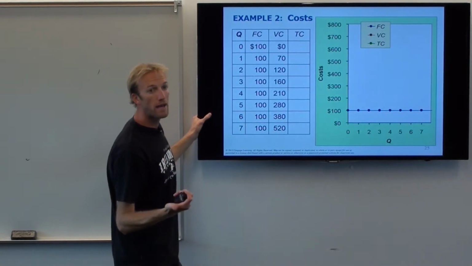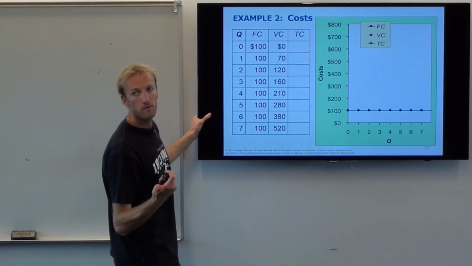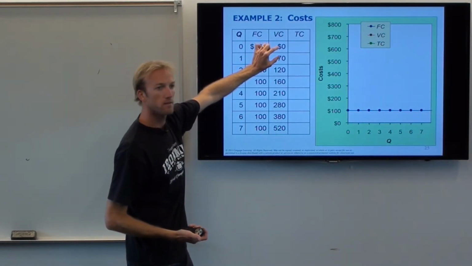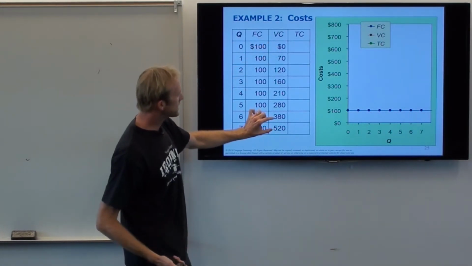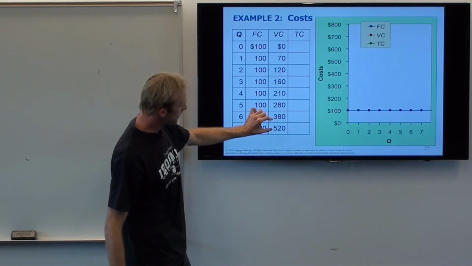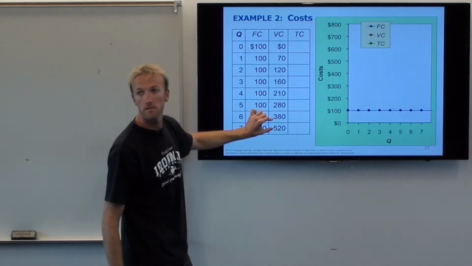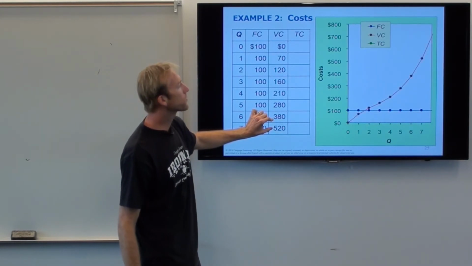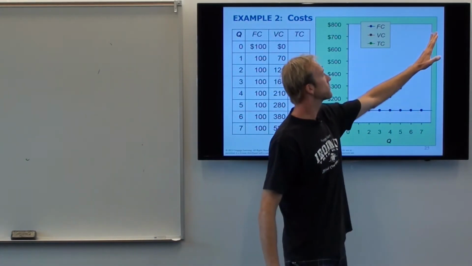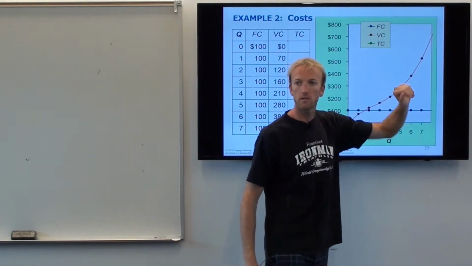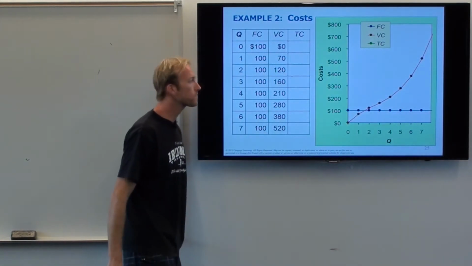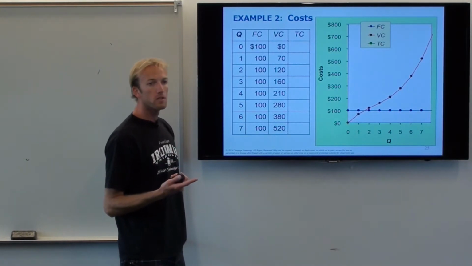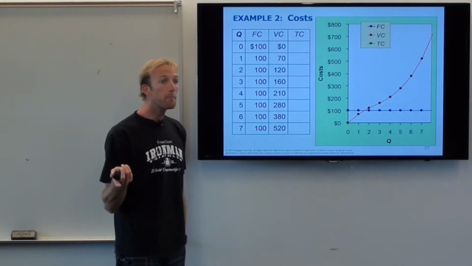It also includes the wages, which is one of the primary reasons why you'll notice from 0 to 1 it only goes up 70, yeah? But from 6 to 7, what is that? It goes up 140. You see that? So the variable cost starts increasing faster. So when I graph it, it's going to start taking off over here. The variable cost curve is going to start taking off. Okay? And then I have my total cost curve where I just add them both up.